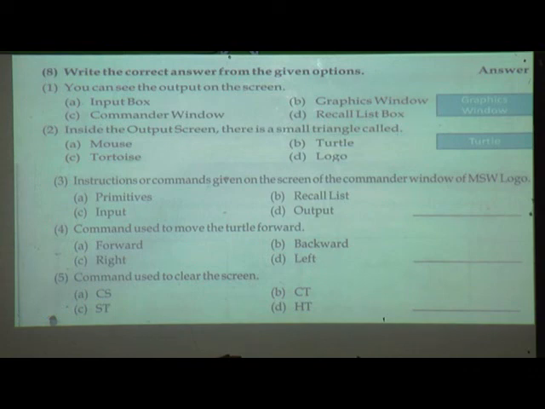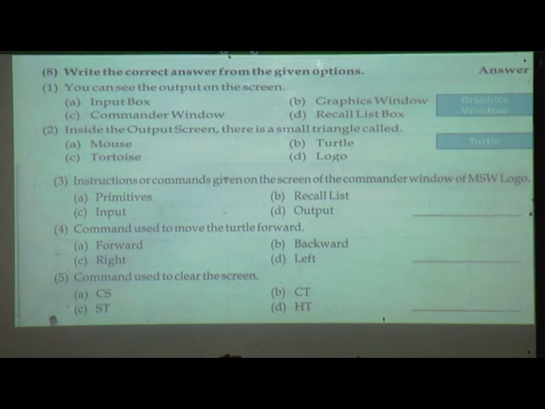Now the third question. You have this third question on page number 29. See, instructions or commands given on the screen of the commander window of MSW Logo, where do we write the instructions or commands? In primitives, recall list box, input or output?